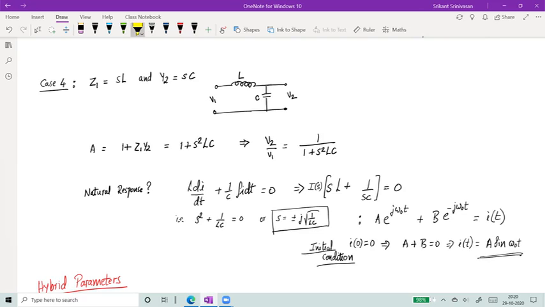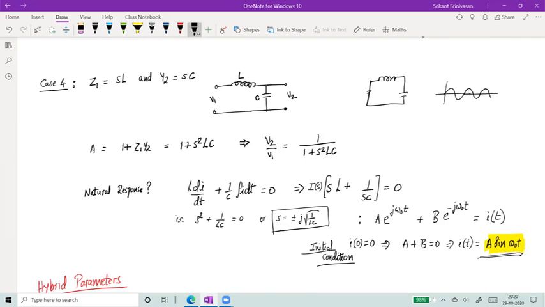That means if I have an LC circuit and I want a natural response, that means if this terminal is shorted, so it's just one LC circuit that looks like this, then if there is some initial disturbance, it will propagate into the circuit and the current will become a sinusoidal waveform. That means the current never decays. So I'm going to have a current that's always oscillating, right?